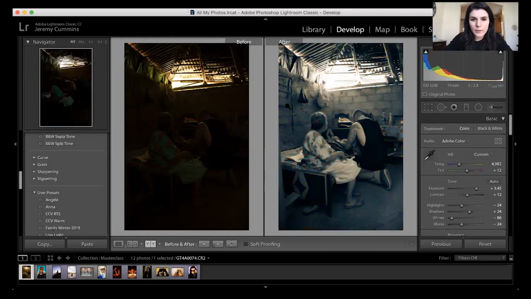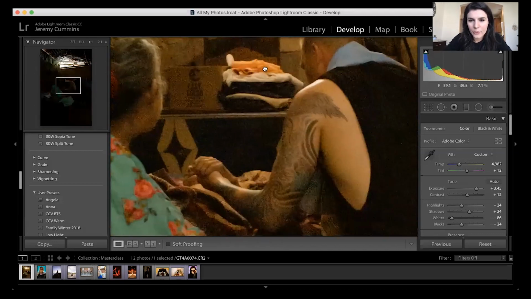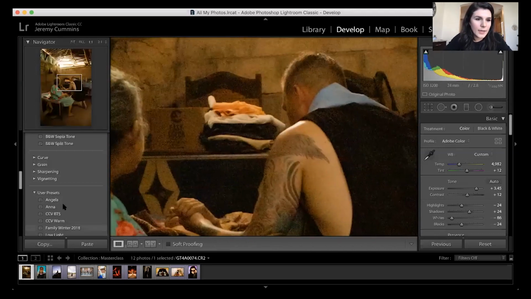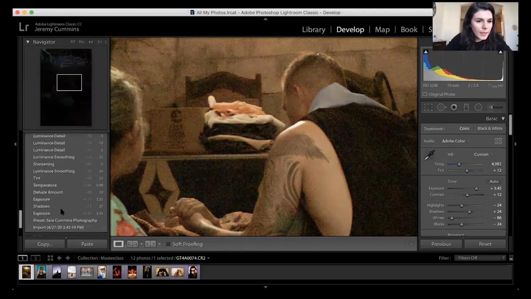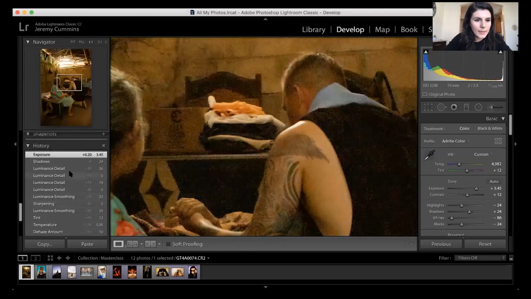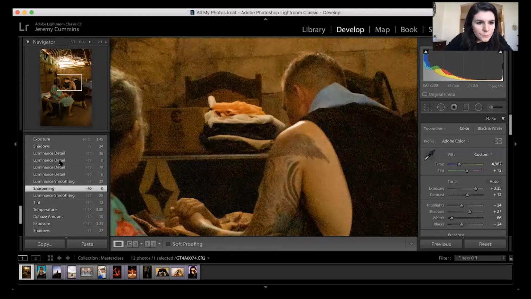And let me just show you guys, I'm gonna zoom in on the image so you can see what I'm talking about with the grain. When I edited this, let me look at the history. You can see that I added some luminance, and that can help take away some of that grain. And let me go ahead and take that off. If we go right here,